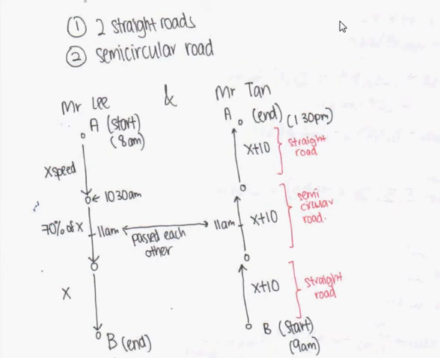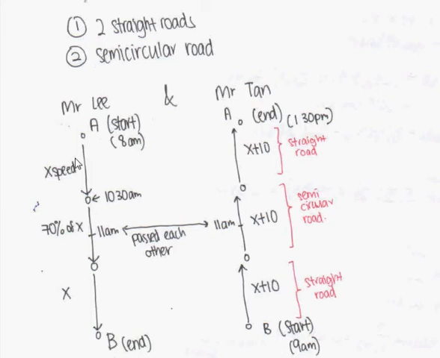Okay, so for this question, you have to realize that there are two straight roads, one semicircular road, and that Mr. Lee starts at A while Mr. Tan will actually start at B. So from the information, you must be able to draw out a drawing such that you can understand the question